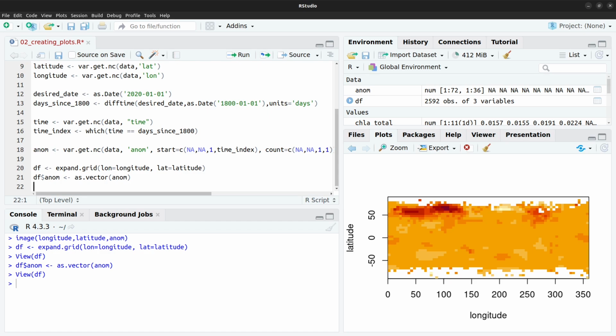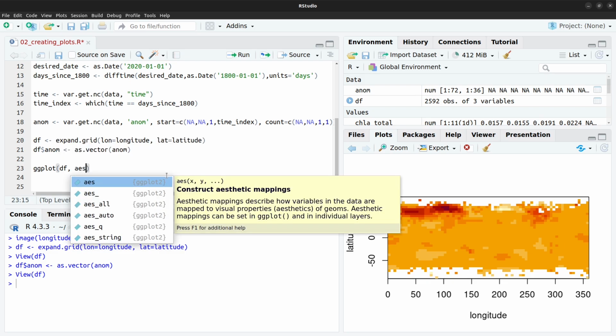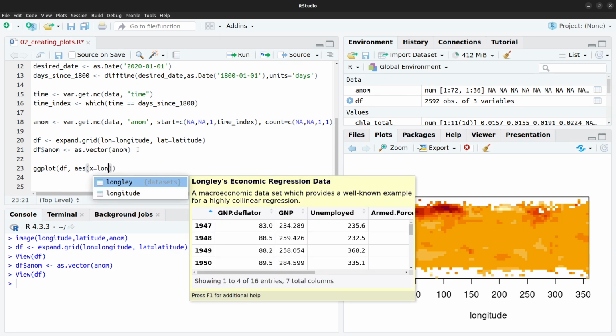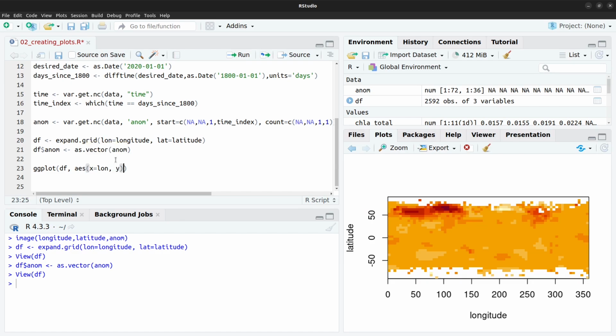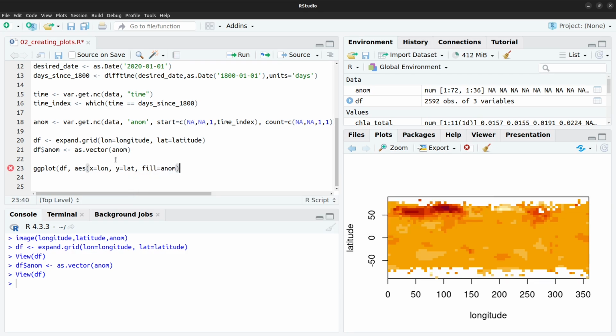So closing this now and making a very simple plot with ggplot. First of all, let's do ggplot, plotting the data from this data frame. The mapping is going to be aes x equals lon, which is the name of this column header, y equals lat, and fill equals anom. And then I'll close this second bracket. Then I'm going to do plus geom_tile